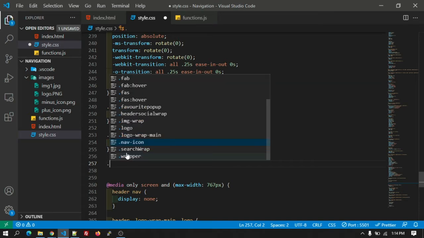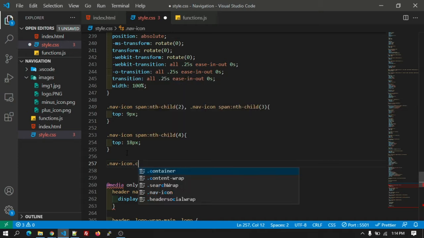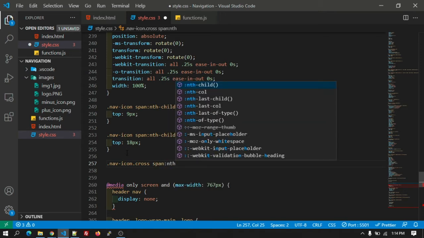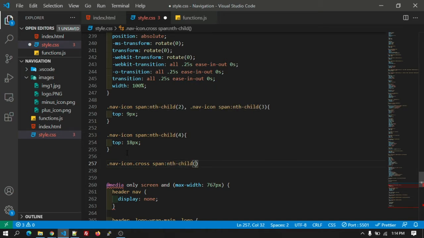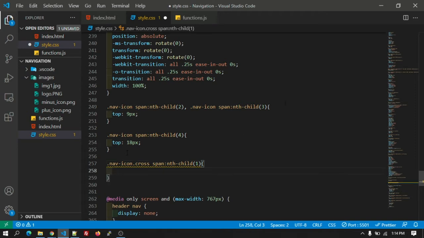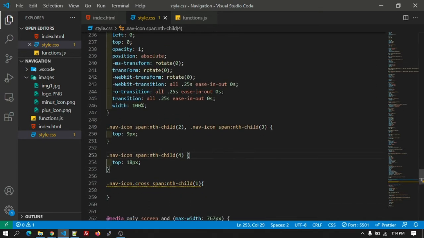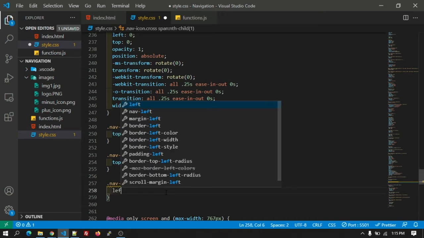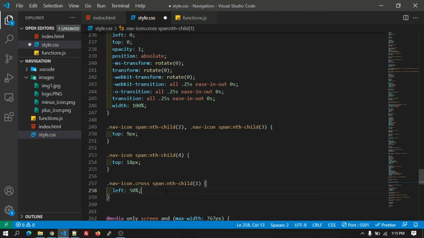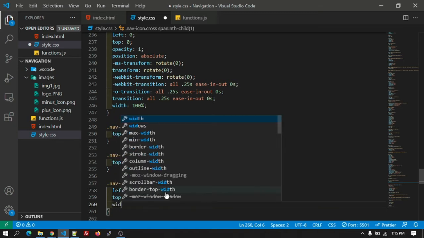Okay, so let's give the nav icon dot cross for the span, nth child, for the first span, right, we need to give the left as 50% and the top will be 10 pixel and the width will be 0.